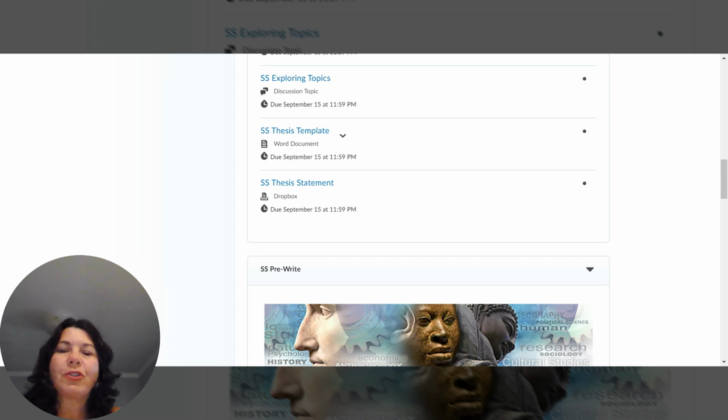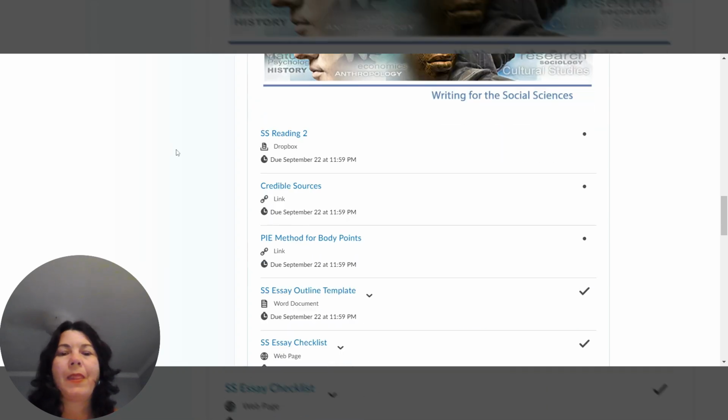After you have explored your topic, you're going to again submit a thesis. So there's a template provided for you, and then there's the Dropbox of where you will submit that thesis. The Dropbox does not require any feedback because, again, it is just a Dropbox. But anytime you see these 2 little dialog boxes, that is the indication that there has to be at least 2 things done. You post and you reply to a peer. So please make sure that we're doing that to earn full credit for that assignment.